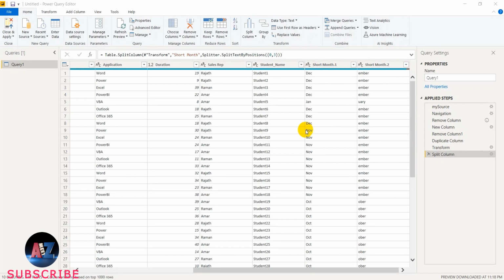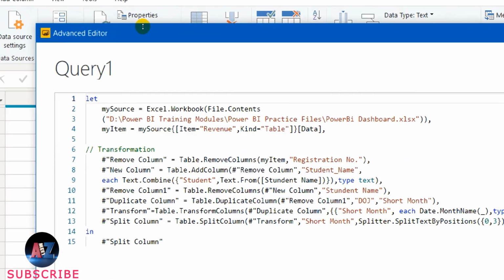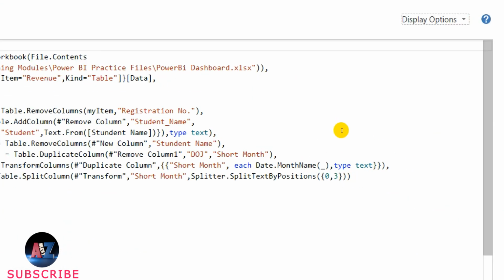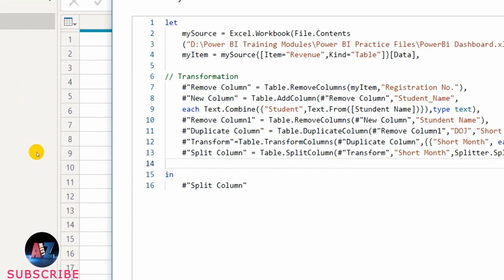Now I need to remove the additional column, that is short month 2, and then rename the short month 1 column to short month. So the code will be additional column, so comma, then first let me remove the column.